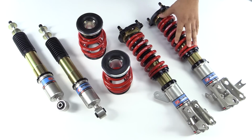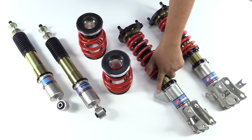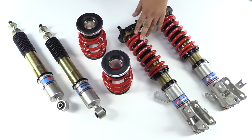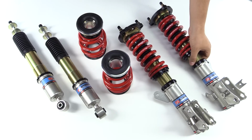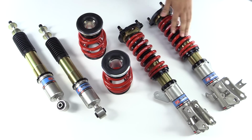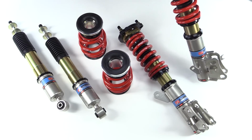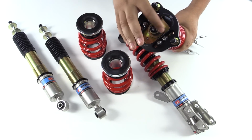So some of the features I do want to go over on the front struts is, as you can see, the bracket here for the front sway bar is integrated. The shocks are monotube design. Now they use a slightly larger, more consistent shock body as opposed to some of the eBay stuff you might see out there. The upper mount here, it actually has a couple of different bearings, and it might be a little bit hard for me to show you, but you can see here we have our pillow ball or our